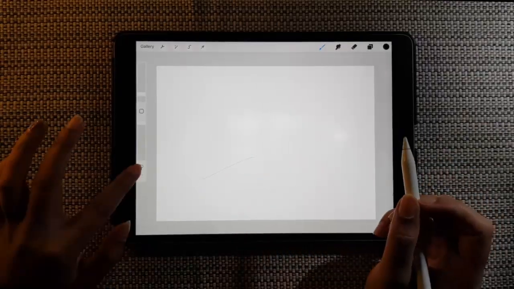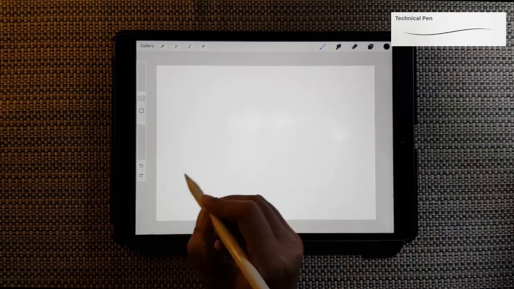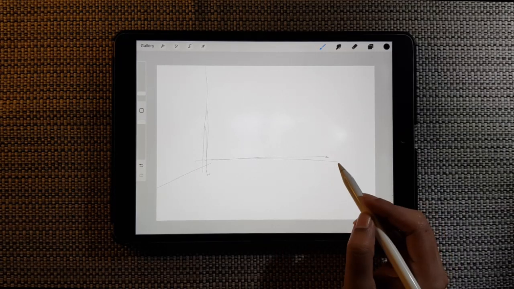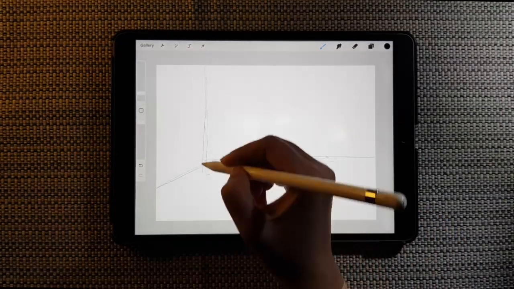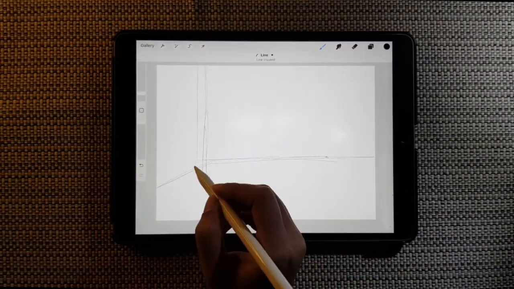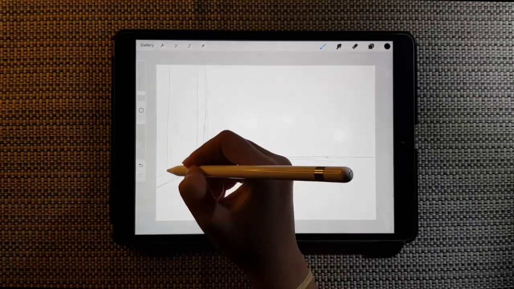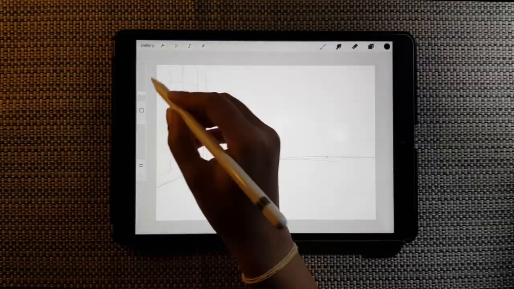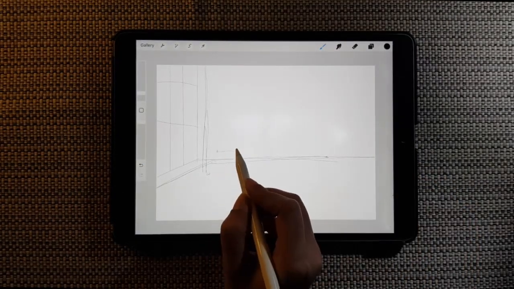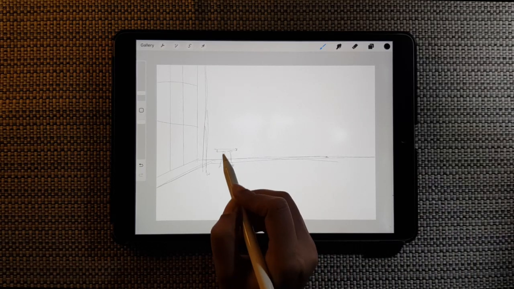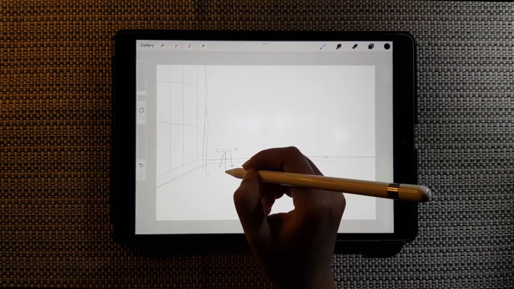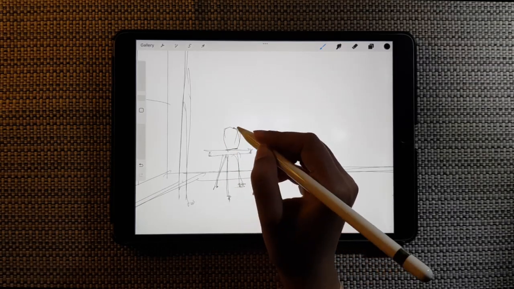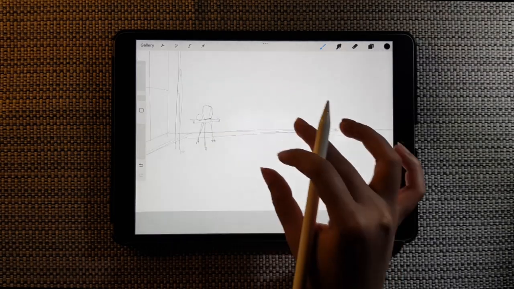So firstly, I have taken this technical pen and I have started to draw what I have in mind. So if it is an apartment loft, I want a huge window overlooking a beautiful skyline, and also I want a side table right here. And if there is a side table, of course I want a couple of views,